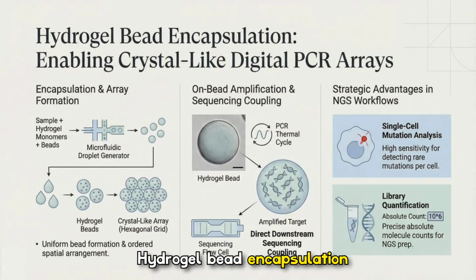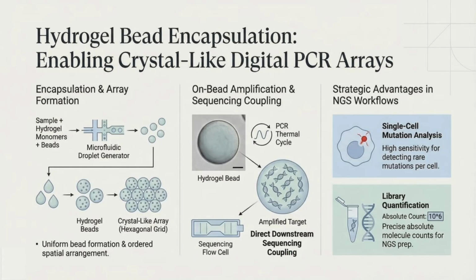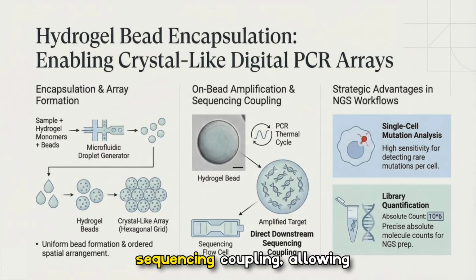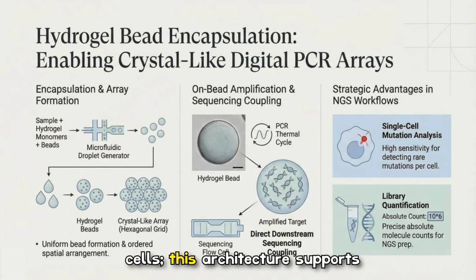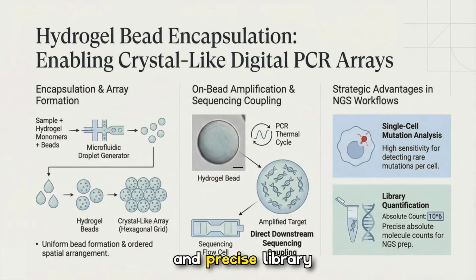Hydrogel bead encapsulation creates uniform, crystal-like arrays of bead-bound reactions that combine on-bead amplification with direct sequencing coupling, allowing amplified targets to be routed straight into sequencing flow cells. This architecture supports single-cell mutation analysis and precise library quantification, making it attractive for NGS workflows where ordered spatial arrays